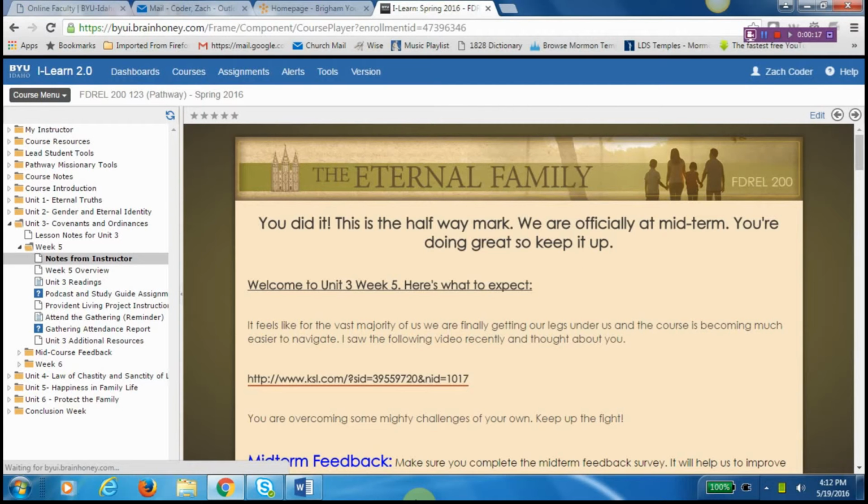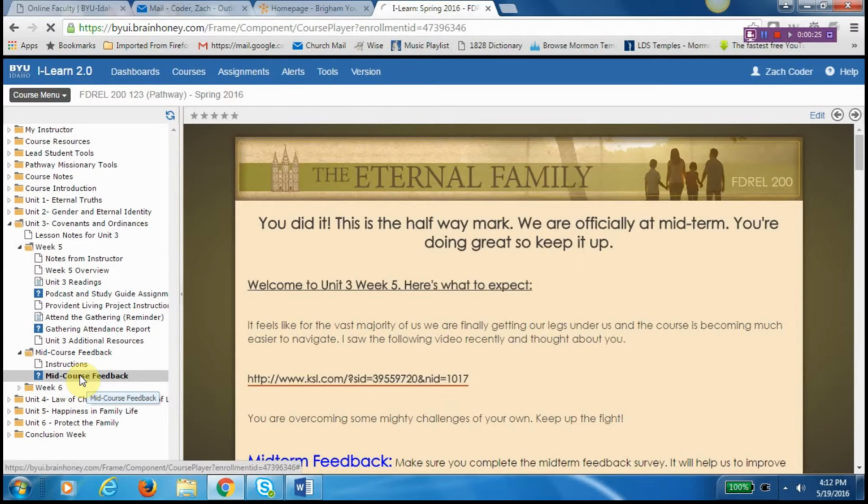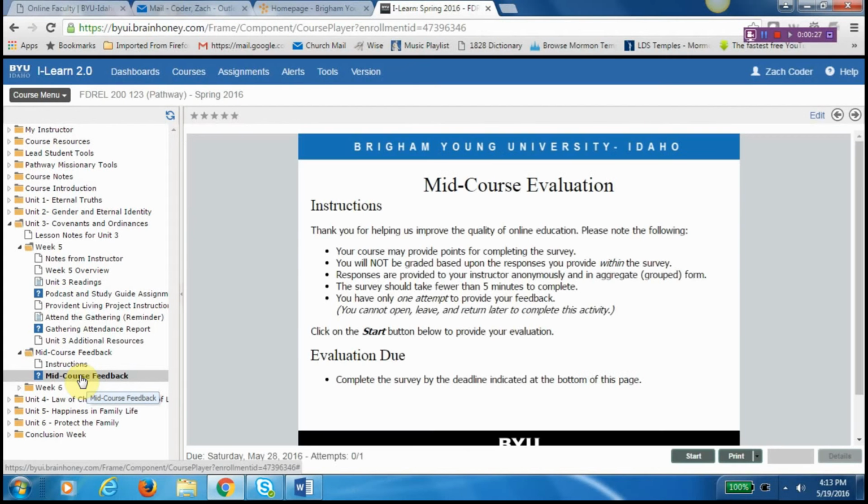All right. The first thing is it is midterm, as I said, and make sure that you do this right here, your mid-course feedback. It's exactly what it sounds like. You're going to let me know how you're coping with the course, any suggestions you would have, and be honest. That's okay. Be honest. I've given plenty of my suggestions to the course writers as well. But be kind, okay? All right. With that being said, let's move on.